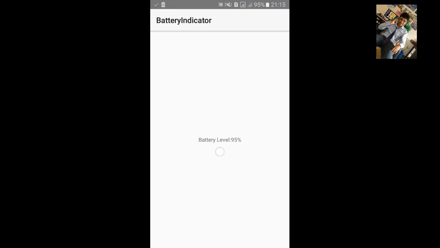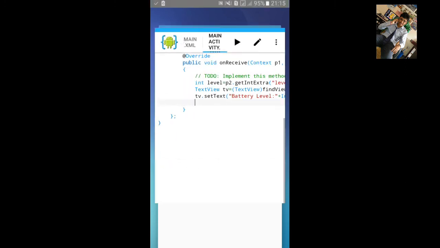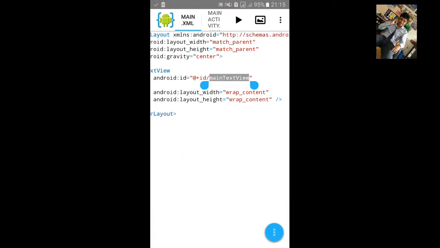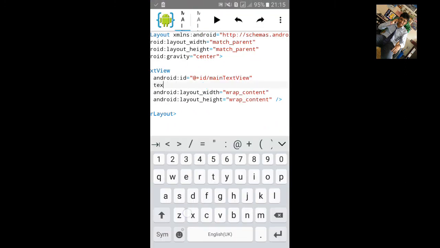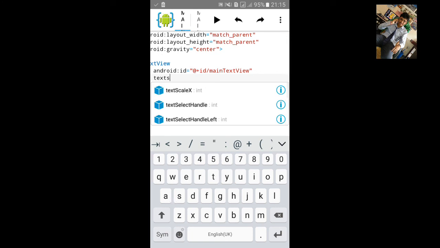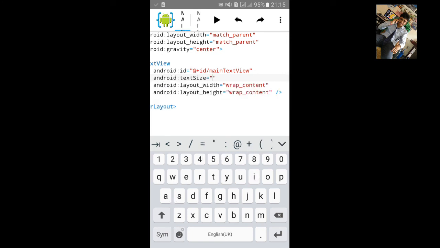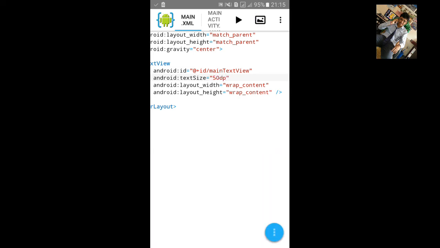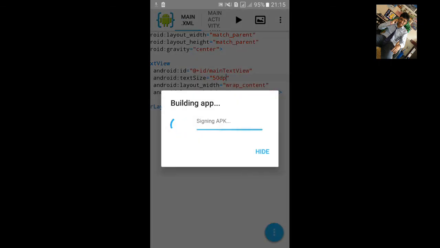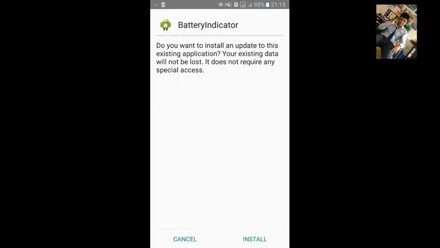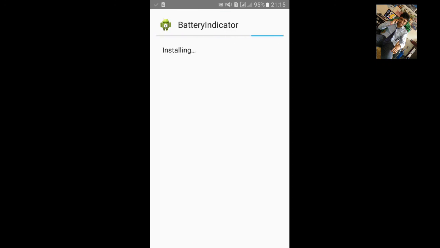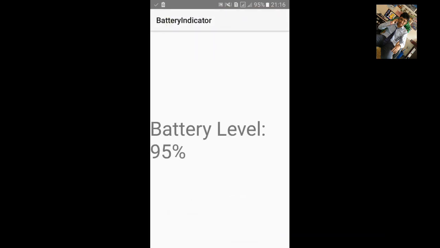Let's increase the text size and build it again. Go to XML, add text size. Let's type 50dp. Okay, it will be fine, I think. Let's build it again, install it again. Okay, you can see the battery level